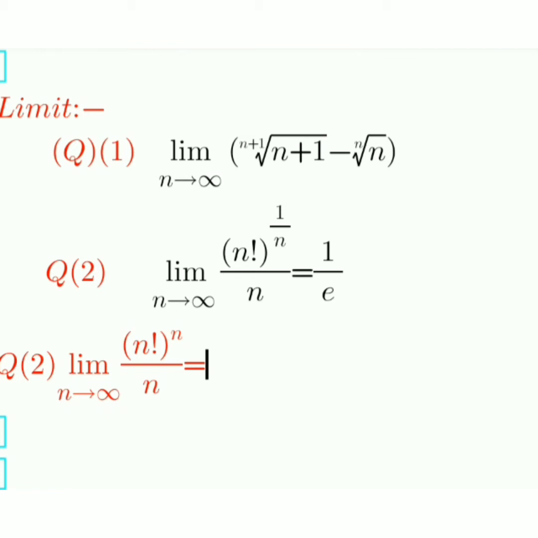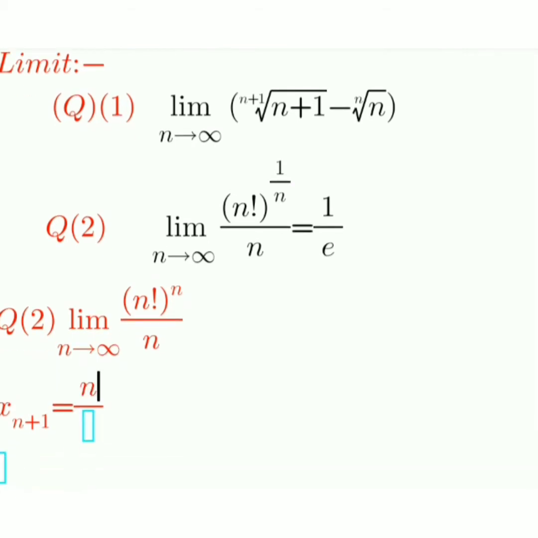because I use Cauchy's theorem. I choose x_{n+1} equal to (n factorial) whole to the power n. This is my total, these are my values, and after that whatever we get,